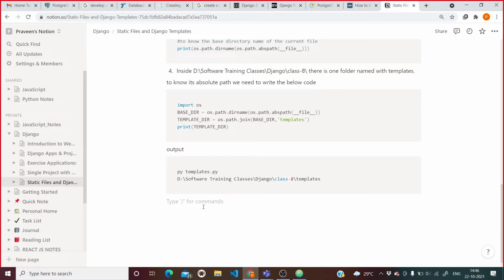Now what is the need to do all these things?